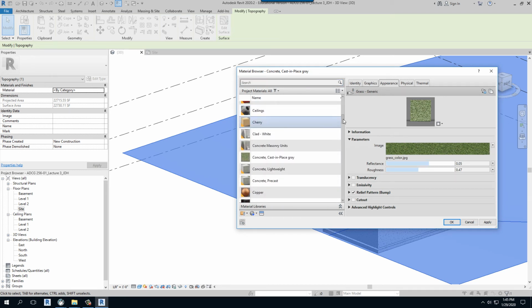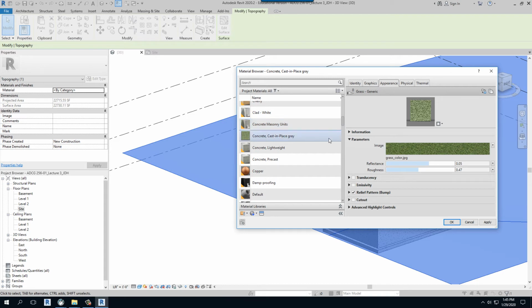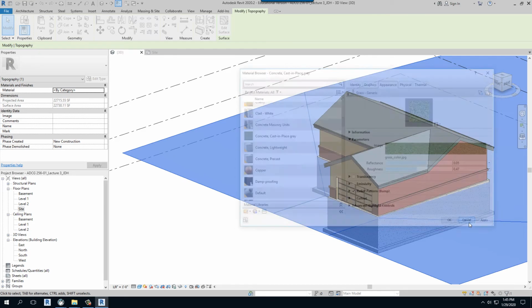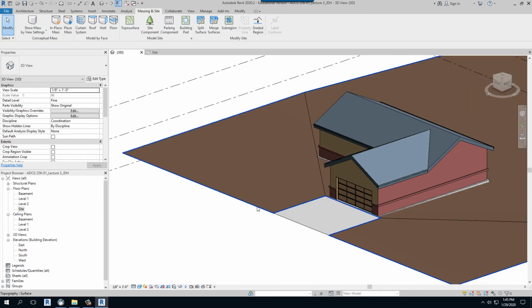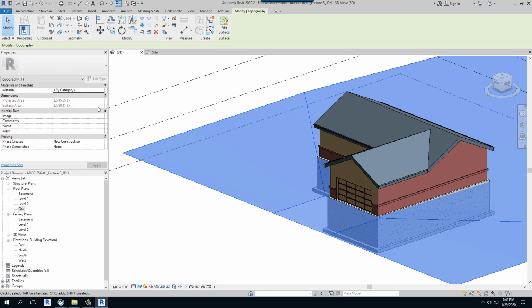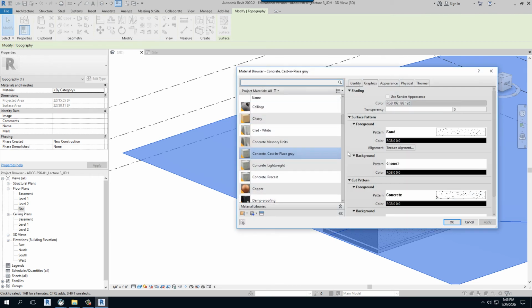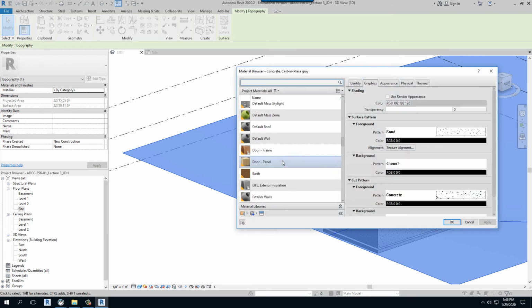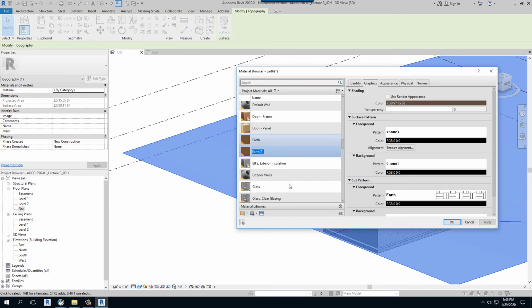And if I look down here, oh, wait a minute. I made a mistake, right? It applied it. So I'm going to cancel this and I'm going to show you something. This is a great happy accident, and this is the problem that students have all the time. I'm going to cancel that and go back here, because my concrete hasn't changed. Notice that. What's the first thing I should have done? I should have come in here to one of these, like earth, right clicked and said duplicate, and then called this grass